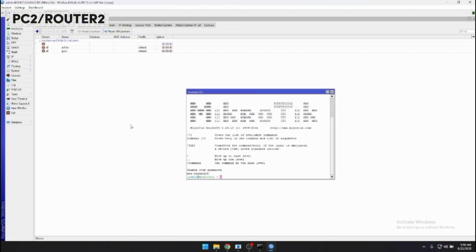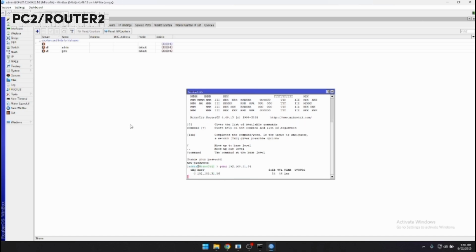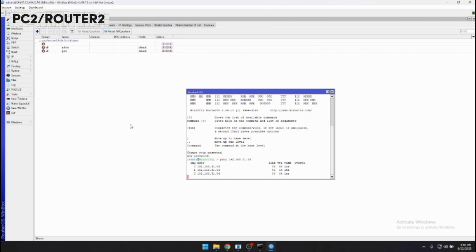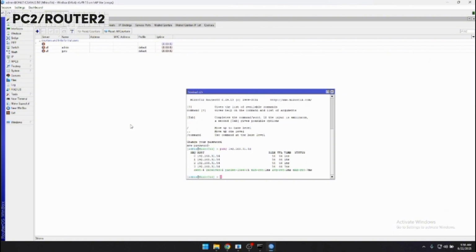After this, you go to a new terminal and ping the IP of my friend or router 1.